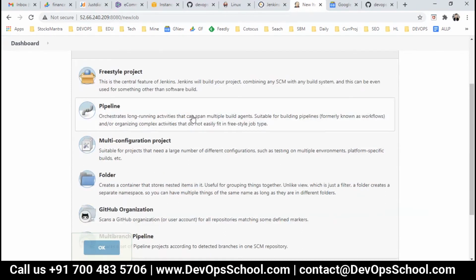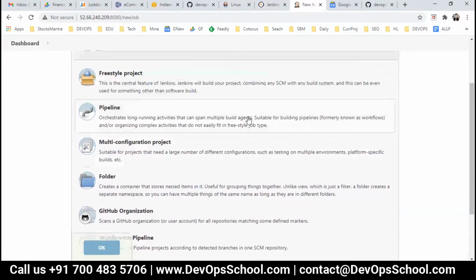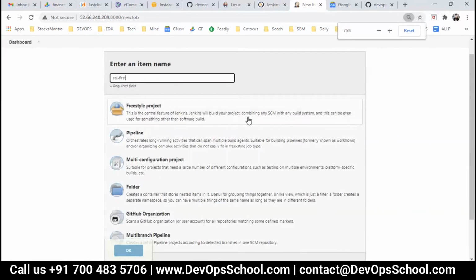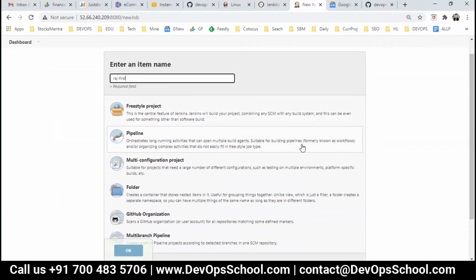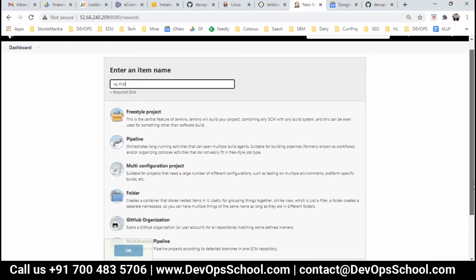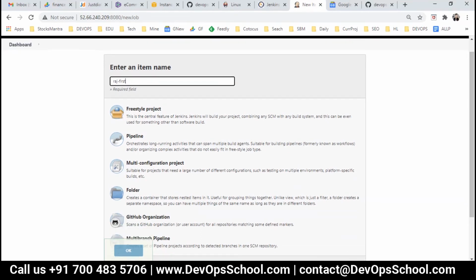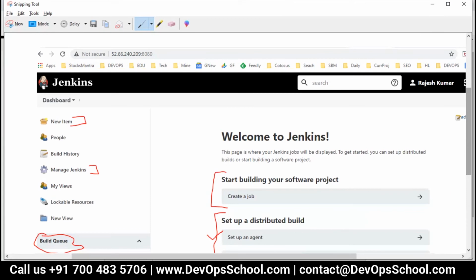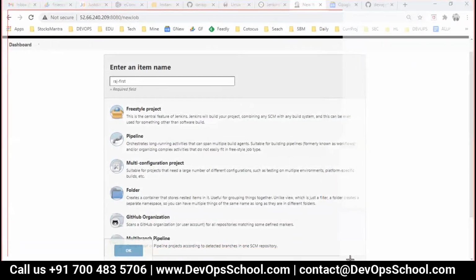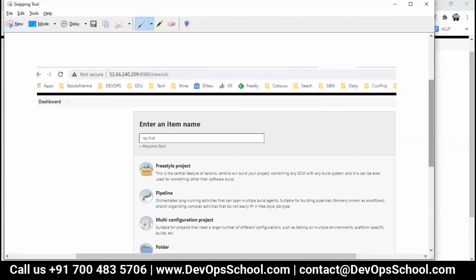Now guys, here, if you see, we have a template. If you go ahead and create a job, we have a template. Now we need to understand this if you want to use all of this in the future.